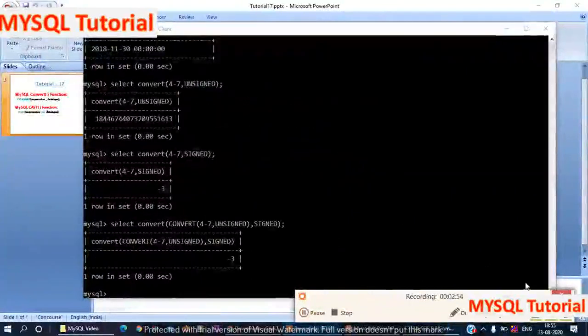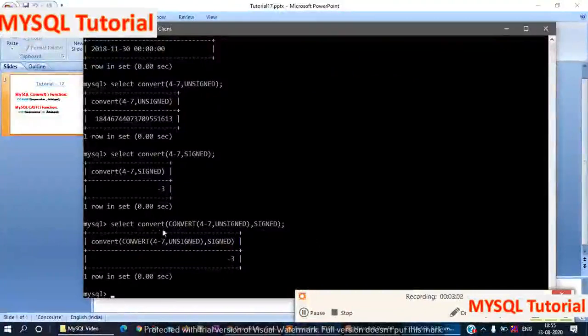If you want to convert values into the signed data type, you can use it this way. SELECT CONVERT in brackets, specify the expression, then comma, data type.